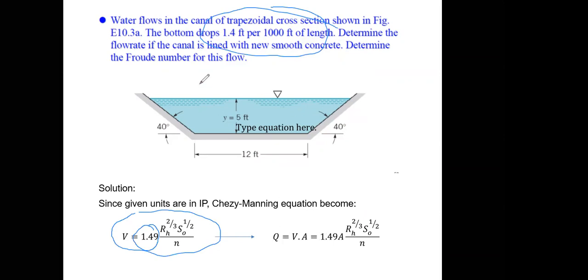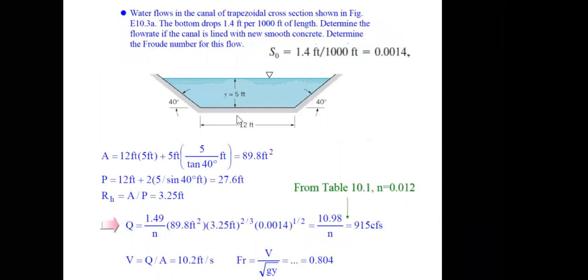If you want to calculate the flow rate, Q is equal to V times A, or 1.49 times the area times the hydraulic radius to the power 2/3 and the slope to the power 1/2, divided by N. N is obtained from the table. So the slope is equal to 1.4 feet divided by 1000 feet, 0.0014. And now the area